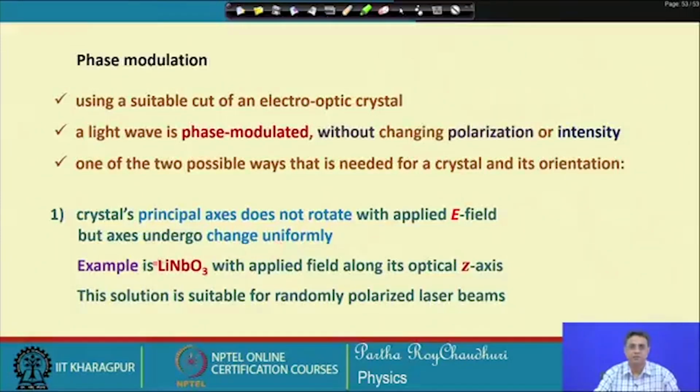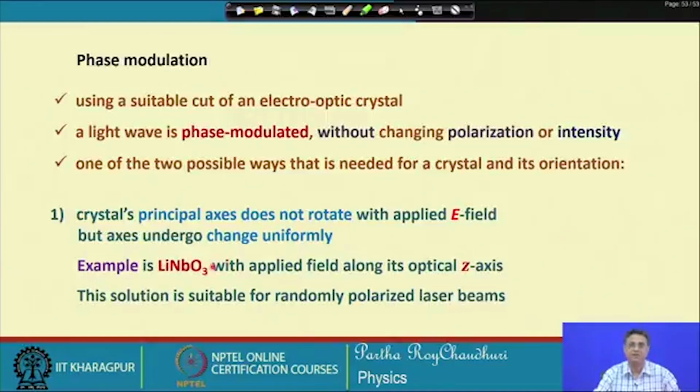This example we will discuss in the case of the lithium niobate electro-optic effect: when you apply an electric field along the optical z axis of the crystal, the index ellipsoid does not rotate, but the length of all three